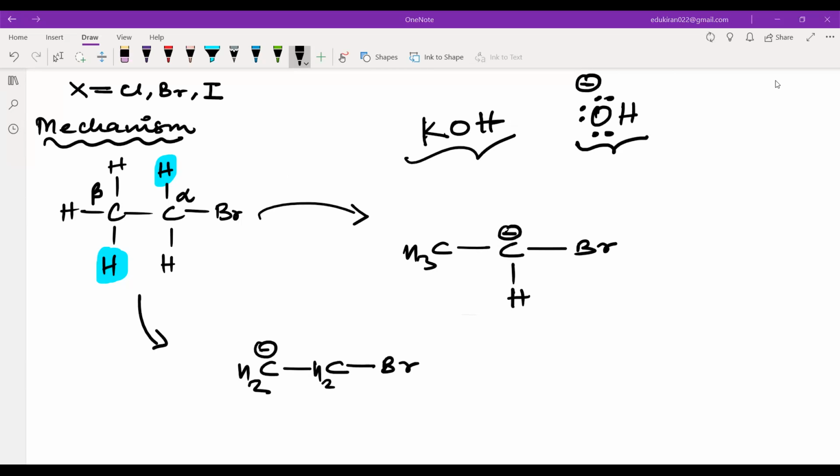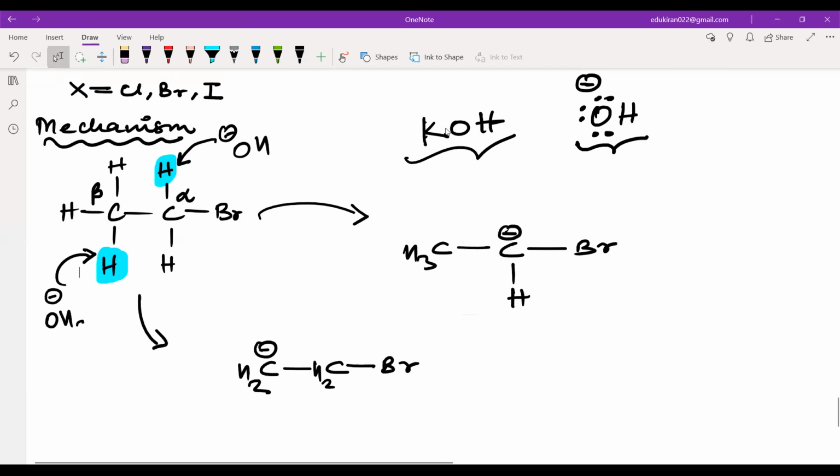Also, one other thing is that what is going to attack, the OH negative, right? So OH negative will attack on the hydrogen. Here also OH negative is attacking on the hydrogen. You have to see these two things also. Like, where is the approach of OH negative easier? Where it can easily attack. Right now you cannot say anything, right?